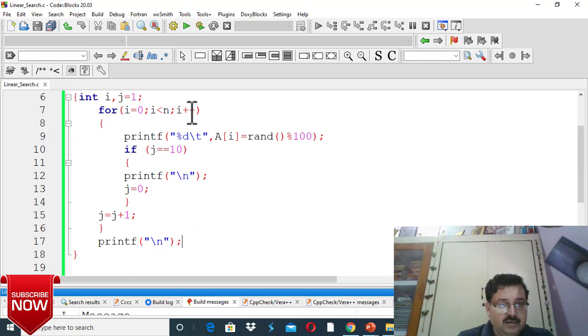So okay, we have taken this. Here we have to use double equal.